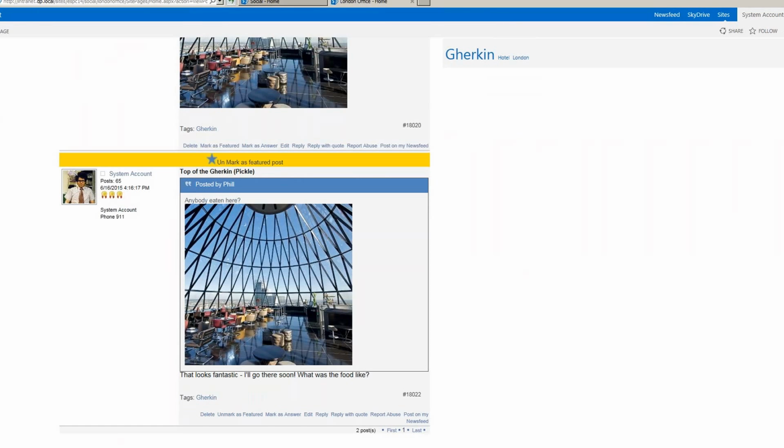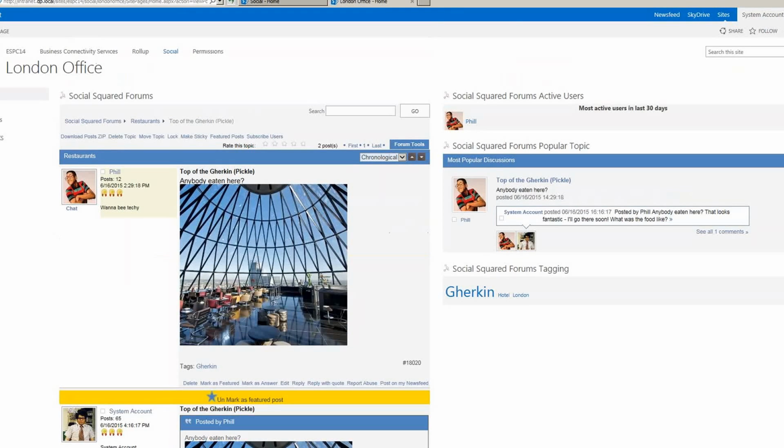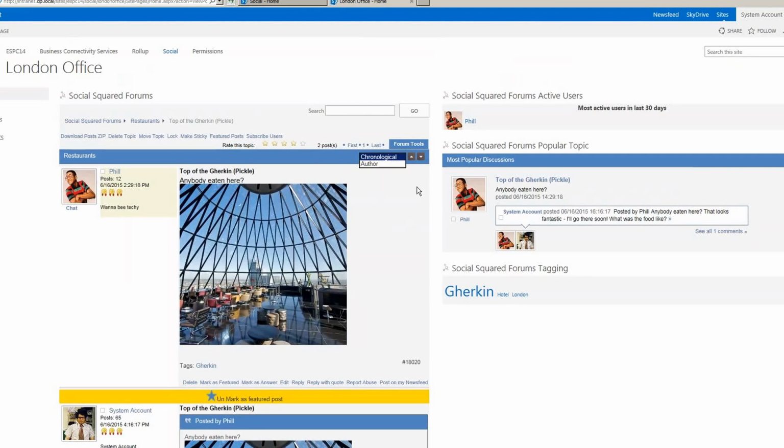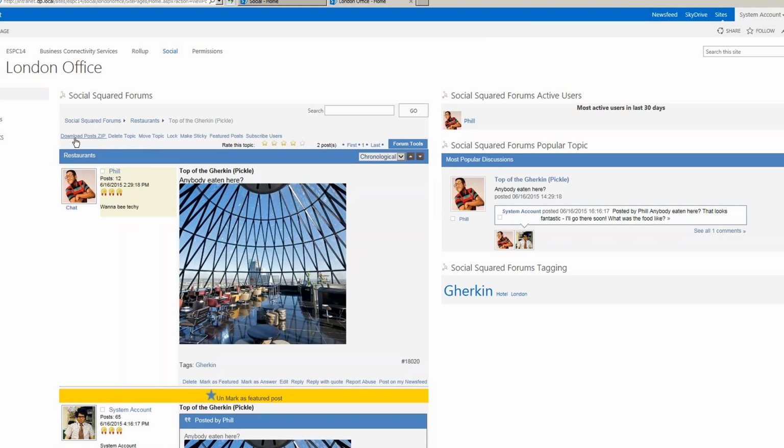Okay, and the last one, obviously, we can delete the post if that's something that we created or if you're the moderator. You can also rate it. So we have the ratings across the top here, so we can rate the topic there. You can change the sort order, so chronological, or we can also sort by the author as well. Along the top, you can download all of the posts as a zip file. That's a way of, if you wanted to make this a record, like in a record center or something, you could do that. We can delete the entire topic,